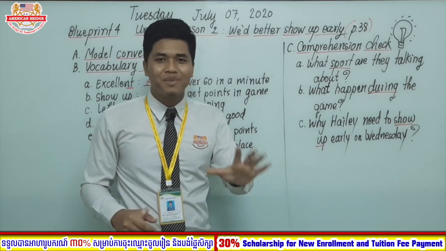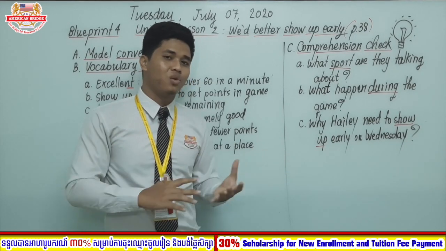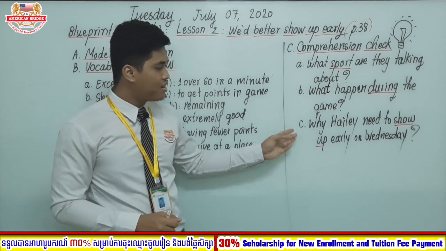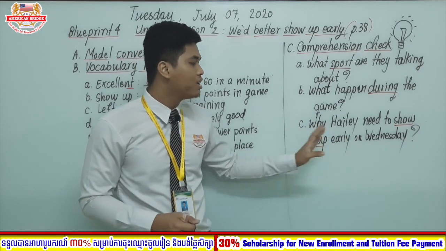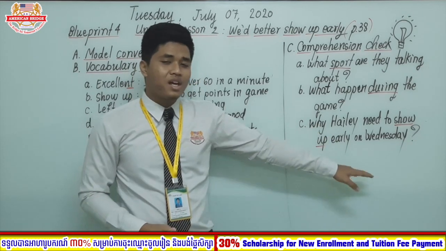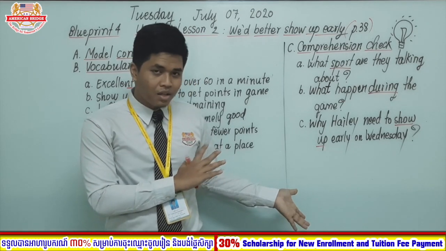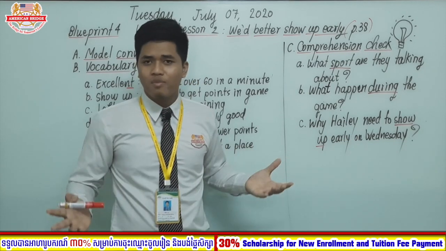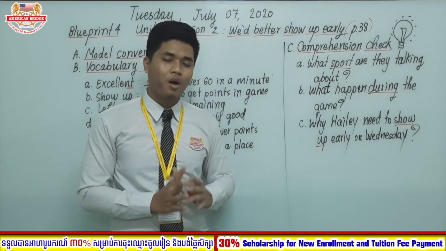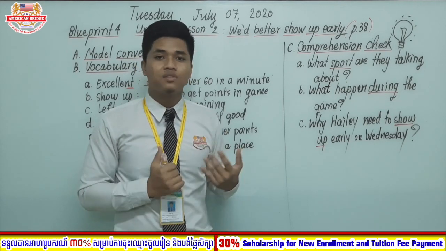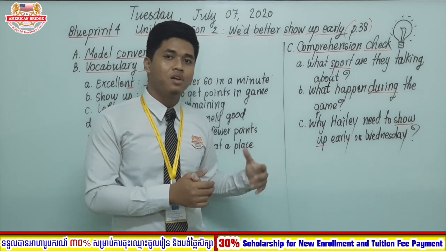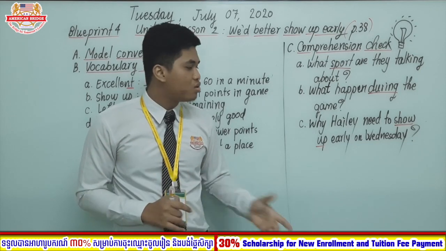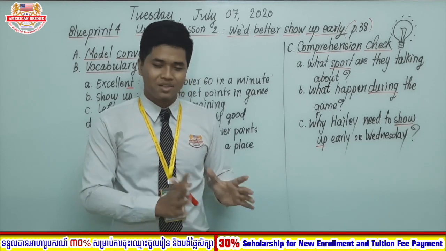Because let's say we have 5 minutes and you can turn your losing situation into a win. Yeah, it's very amazing. And the last thing, why did Hallie need to show up early on Wednesday? So on Wednesday, there will be another game, right? And the boy suggests Hallie, who is the girl, show up early because the game is quite popular. Basketball is kind of popular and people really enjoy those games. They want to watch those people play the game. So there will be a lot of people. So it's a good idea to show up early in order to get a place to sit.